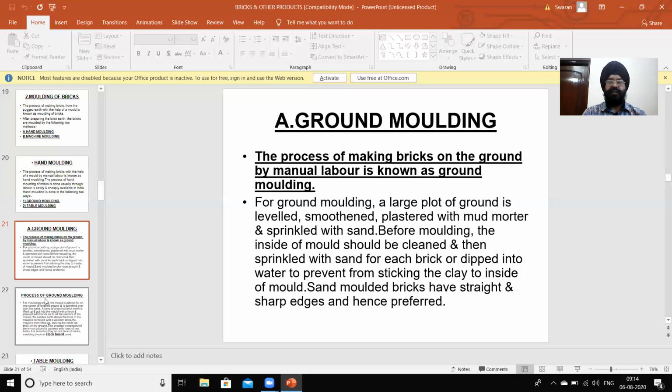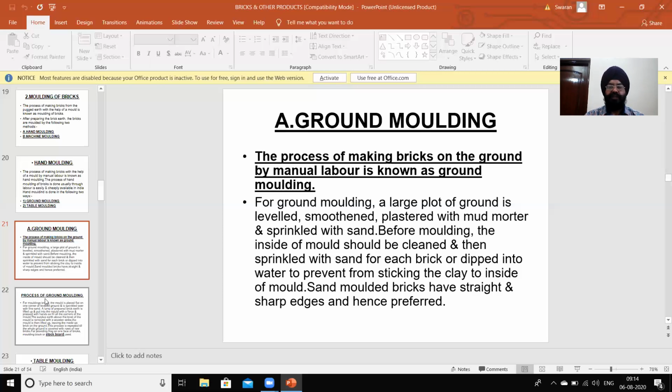Before molding, the inside of the mold should be cleaned and then sprinkled with sand for each brick or dipped into water to prevent the clay from sticking inside of the mold.